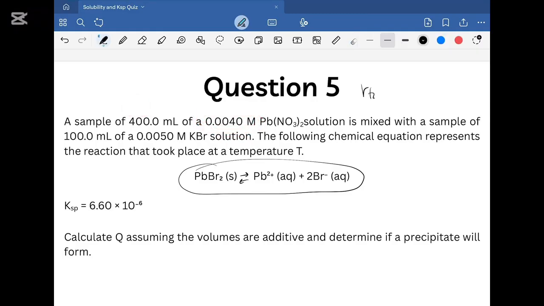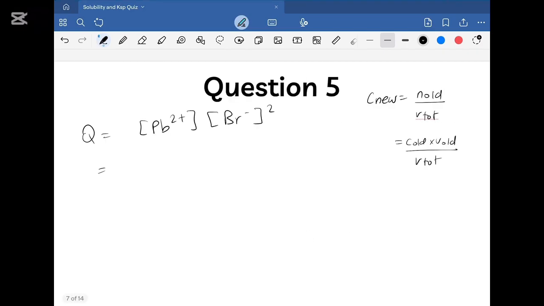Now V total is equal to 500 milliliters, because we have 400 from this solution and 100 from this solution. So it's going to be equal to 0.5. So let's multiply for the Pb2+. It's going to be 0.004. This is the concentration multiplied by the volume, which is the old volume 400, and I changed it to liters,